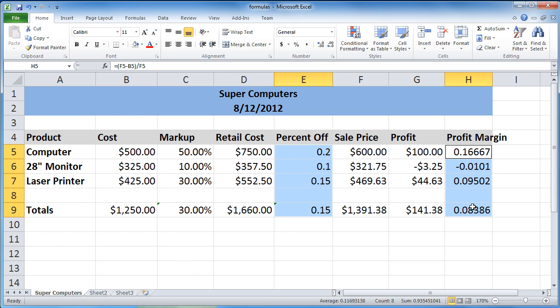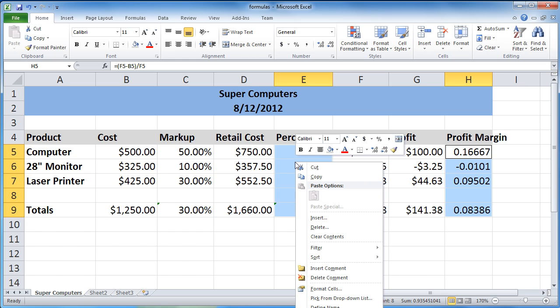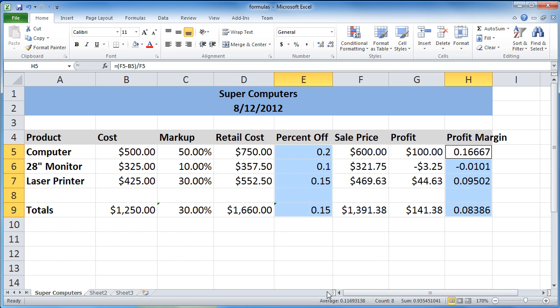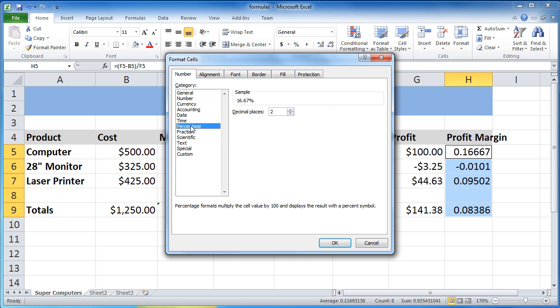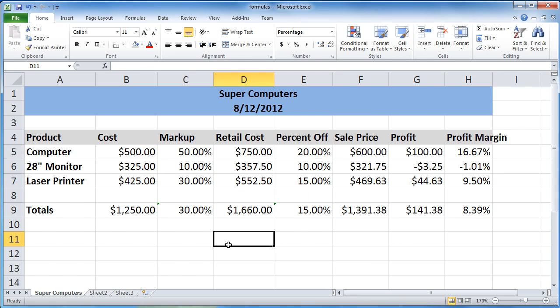Notice I was just able to select two columns separate from each other. I didn't do that by dragging. I did that by selecting the first column, holding down the Control key, and then heading over to the other column I wanted to work with. Again, shortcuts to save you a little bit of time. Go down to Format Cells, Percentage, and again, by default, it's exactly the way I want it.